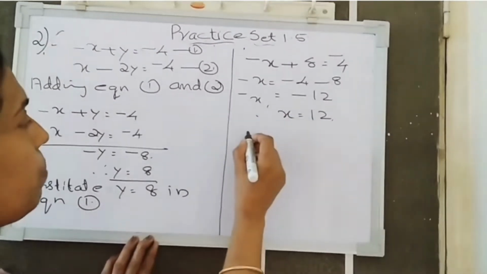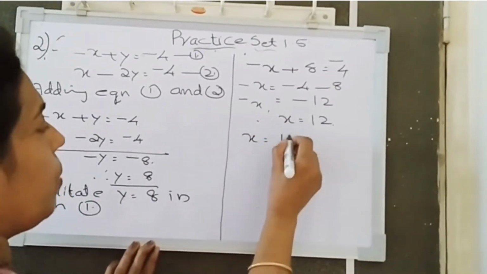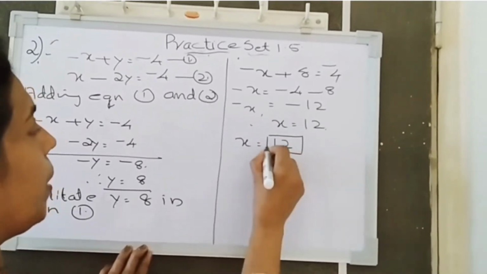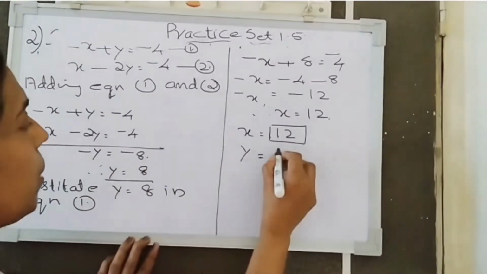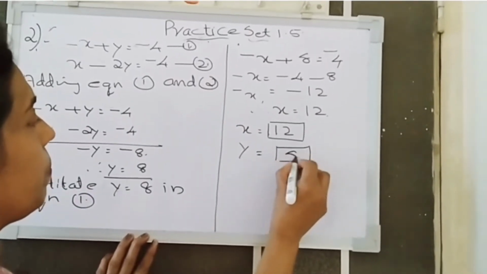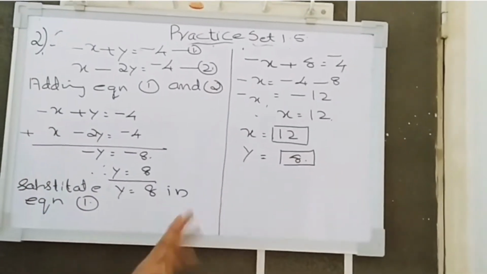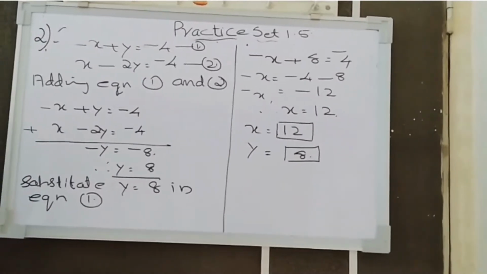Therefore, in your this one is the activity question. Therefore, you have to write in box, find the values of x and y: x equal to 12 and y equal to 8. This is your answer. And then find the perimeter and area.